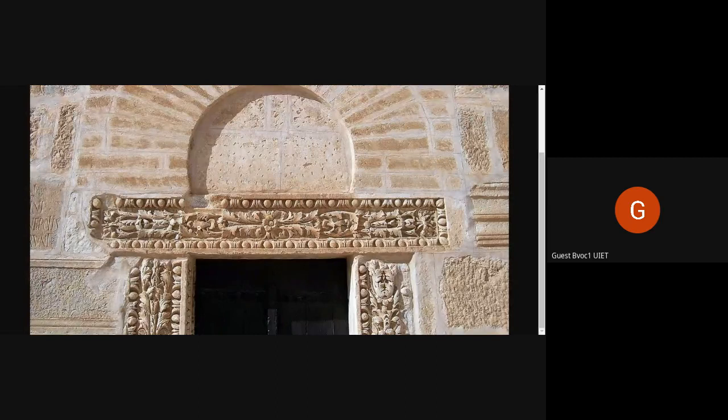Similarly, in today's constructions, we have this whole thing maybe made out of brick, but this lintel, this rectangular or cubical piece, will be made out of RCC, and at least 6 inches of it will be rested on either side on the wall. Is it clear what a lintel is? Yes, ma'am. Okay, good.